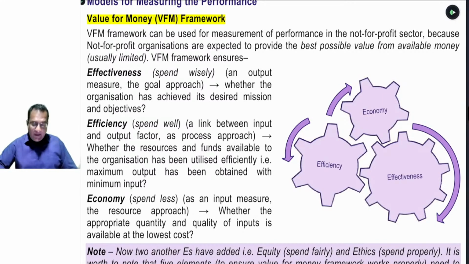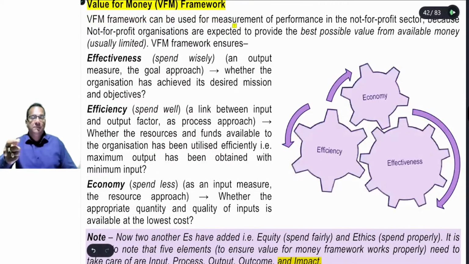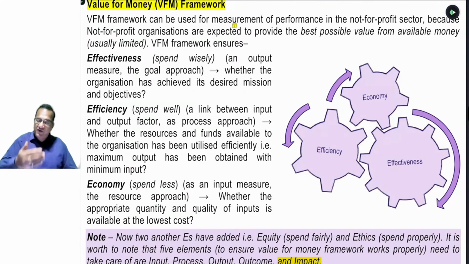So this is the mechanism where we can check, yes, the organization has also achieved the economical factor. Okay, now equity, spend fairly. मतलब ऐसा नहीं है कि आपको हर महीने खर्चे करना है. कोई बंदे ने अगर आपको 1,20,000 रुपए दिया है, it doesn't mean that you have to spend 10,000 रुपए every month. Fairly, मतलब जब जरूरत हो, whenever there is a need, you can spend excess amount also. When there is no need to spend, then definitely you can postpone your spending. And the last one is ethical. जो भी आप काम कर रहे हो, that should be within the guideline of ethical standard, है ना. समझ में आया बेटा? लिखिए इसको.